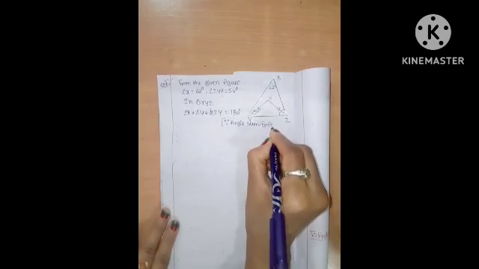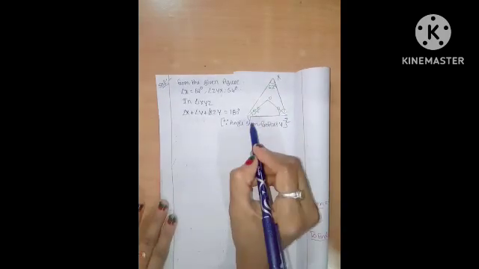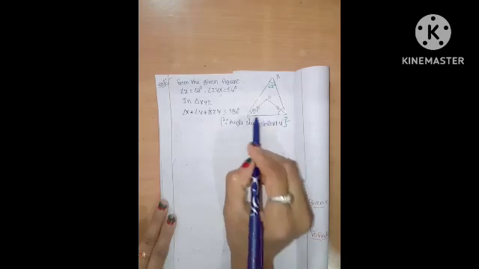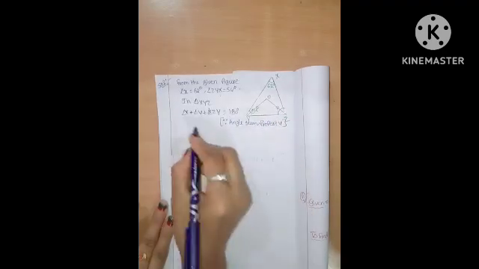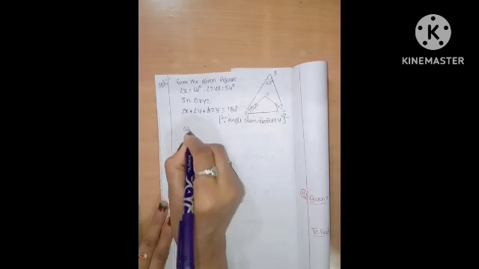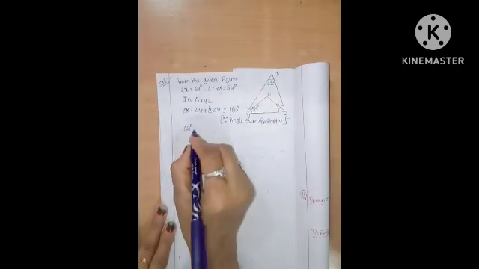Property. Okay. Yeah, this is in triangle XYZ. The sum of these three interior angles is equal to 180 degrees. So that's the property we are using here. Substituting, angle X is equal to 62 degrees